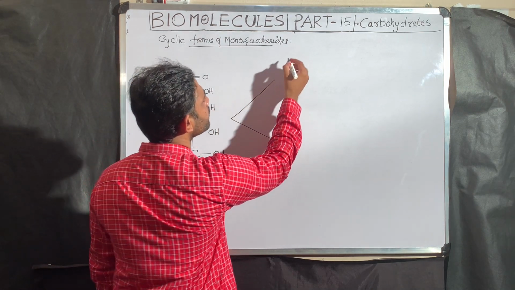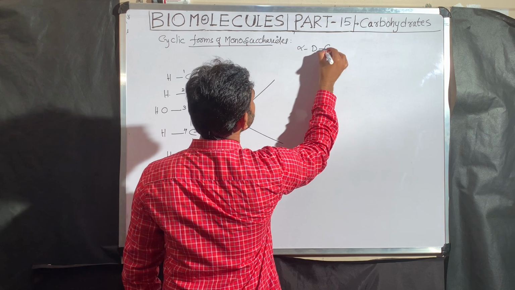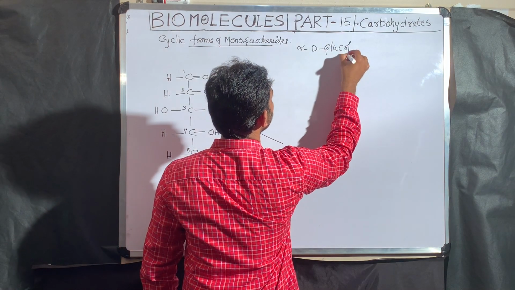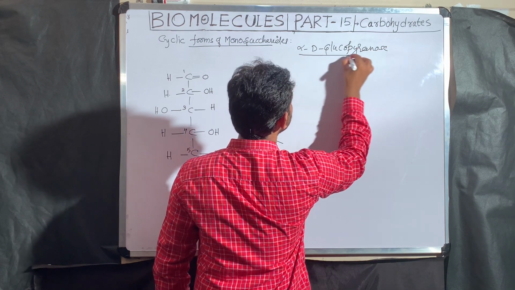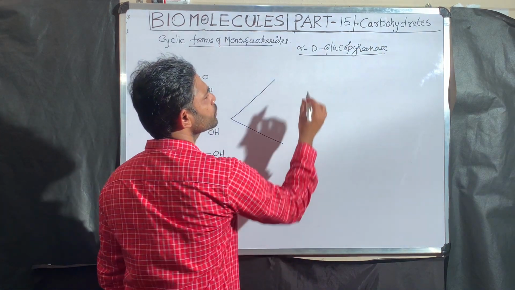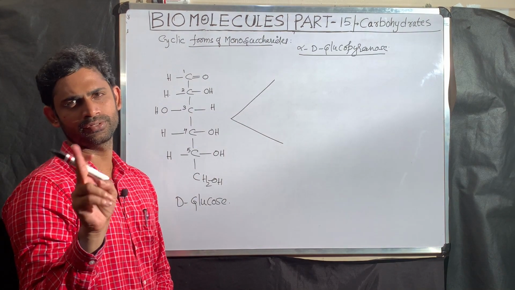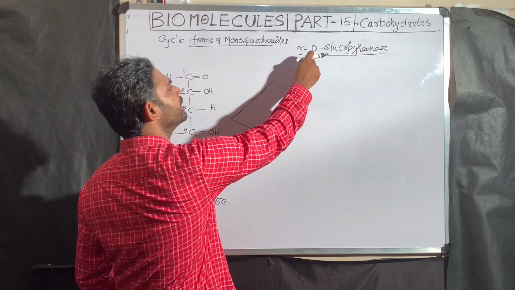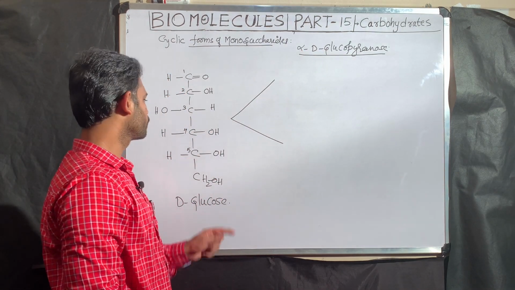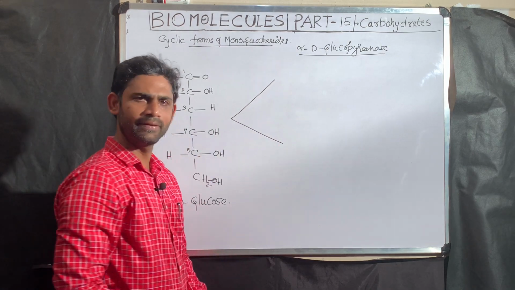Now I am going to draw the structure called alpha-D-glucopyranose. Carefully understand this one. Which ring are we going to draw? Pyranose. Which sugar? Glucose. Glucose is an example of an aldohexose: 6 carbons with an aldehyde as the functional group located at the first carbon. D means what? Capital D: the OH group on the last asymmetric carbon atom is at the right side. Alpha, that I will tell you.